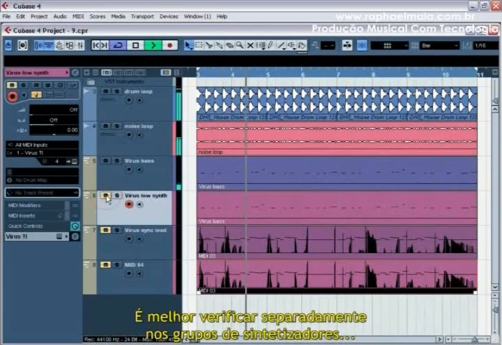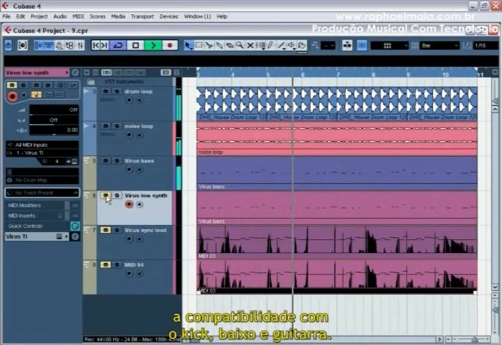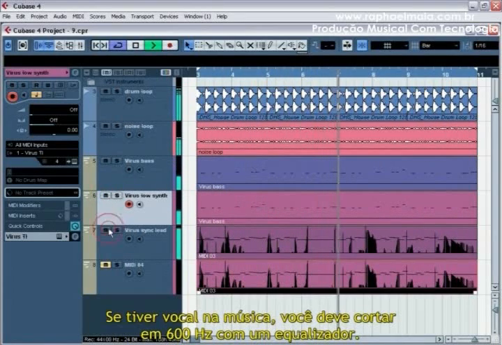It is better to check synthesizer slots separately for compatibility with kick, bass and guitar. If there is a vocal in the track, you should cut 600 Hz with the equalizer.